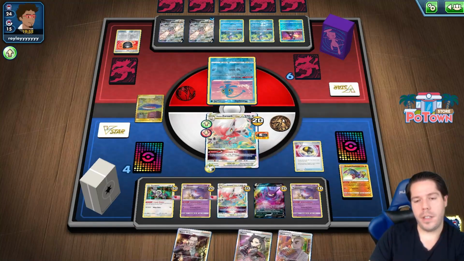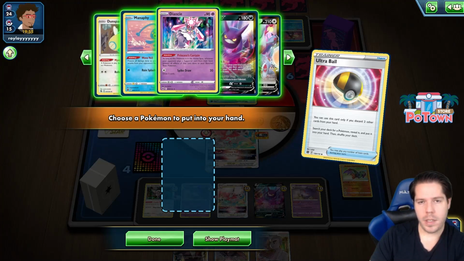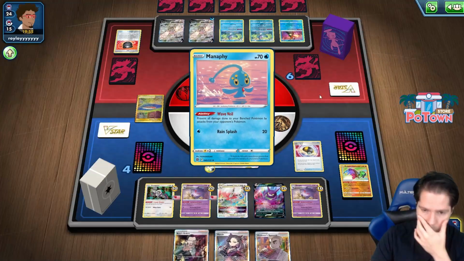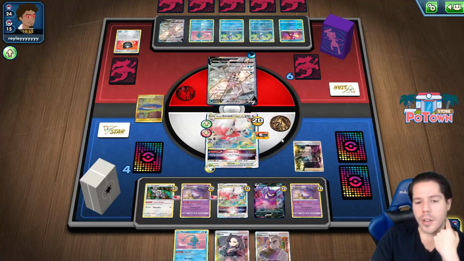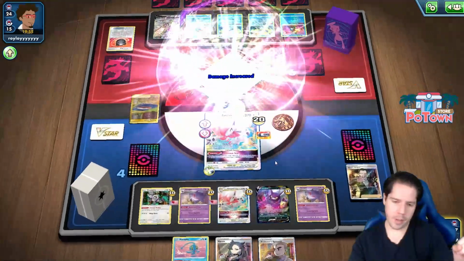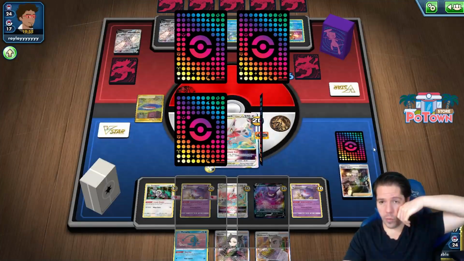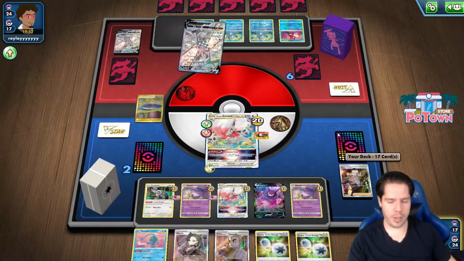So I'll filter those. Just grab the Mana, sure. And then I'll go ahead and Boss this friend and take the KO. So I still have my V-Star. I still have 3 stadiums. I still have, hopefully, okay, now 2 energies left in the deck, or 3 energies left in the deck now,